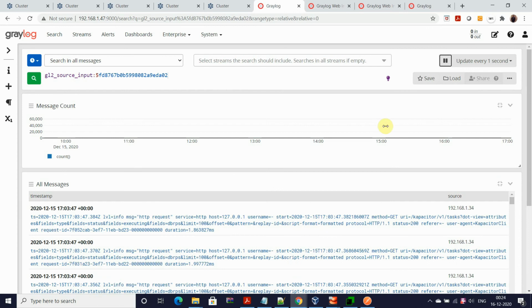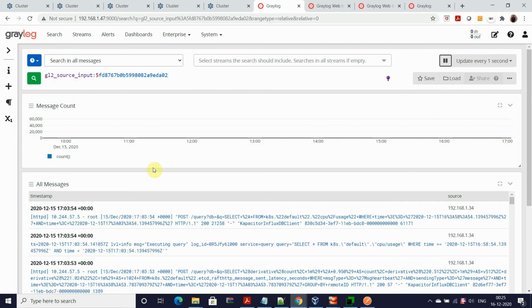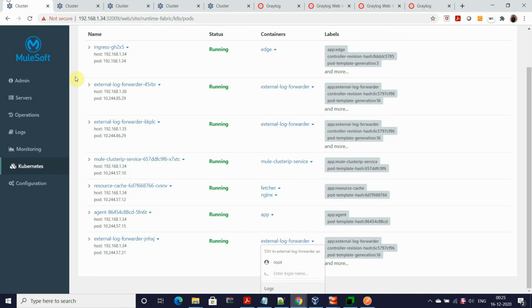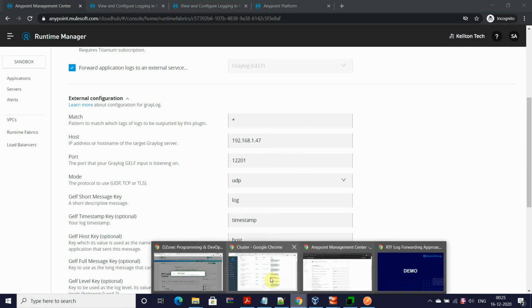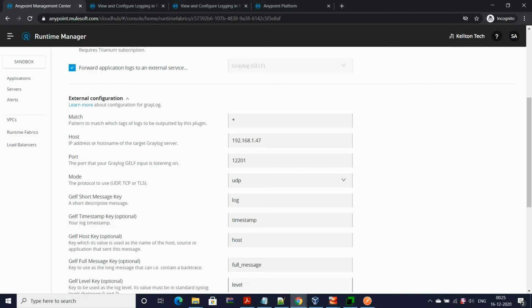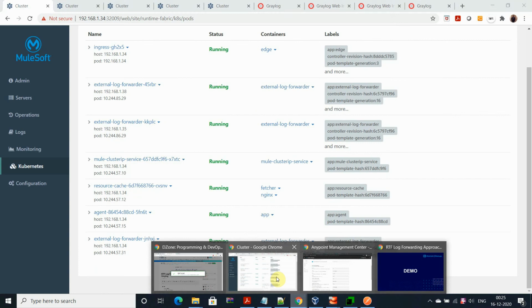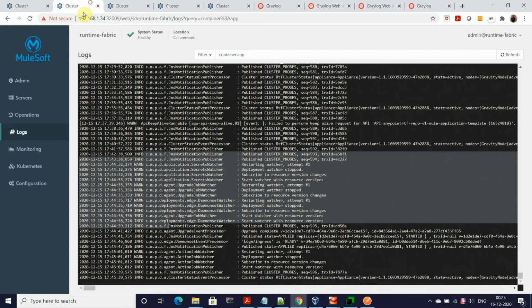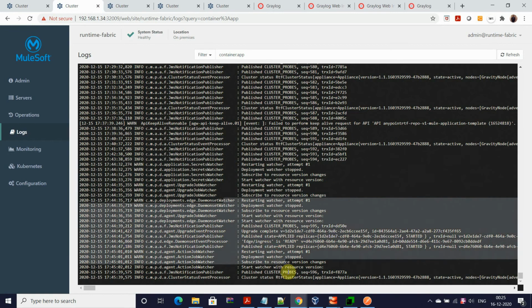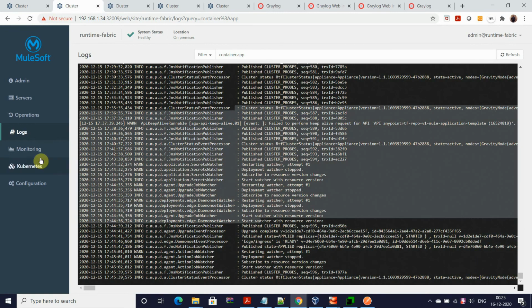You can see that I am receiving data continuously, because the data is being sent through CloudHub, the Runtime Fabric. Let me see the Runtime Fabric. Because I am sending data continuously, you can see that data is being populated continuously. Let me check that. You can see this is the complete multi data.